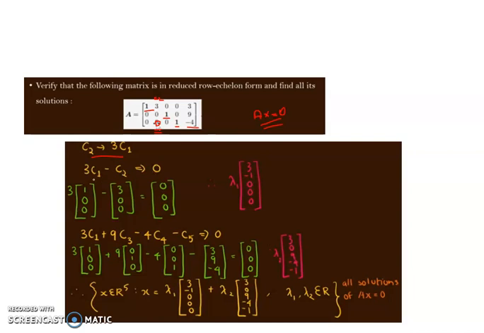Again, so C1 means what? C1 is (1, 0, 0), C2 is (3, 0, 0), which will be equal to the vector (0, 0, 0). So from this you will be able to get a solution. To get the solution, you need to take the index values of C1 and C2. The index of C1 is 3, which represents the x1 value, so place it over here, and the index of C2 is minus 1, which represents the x2,